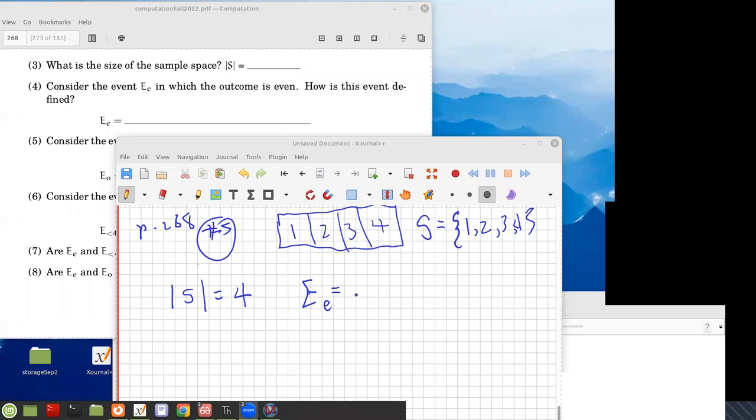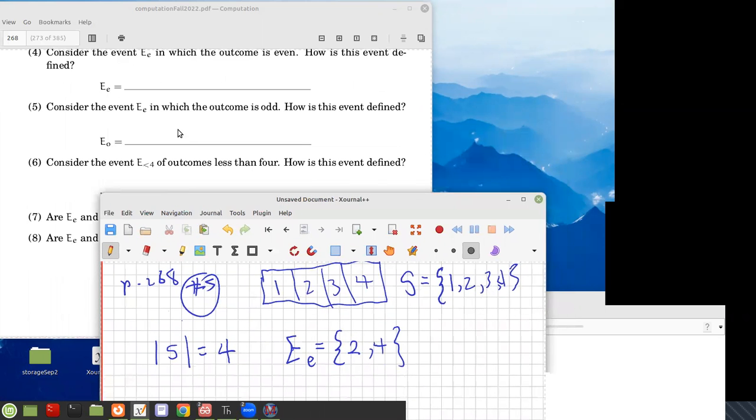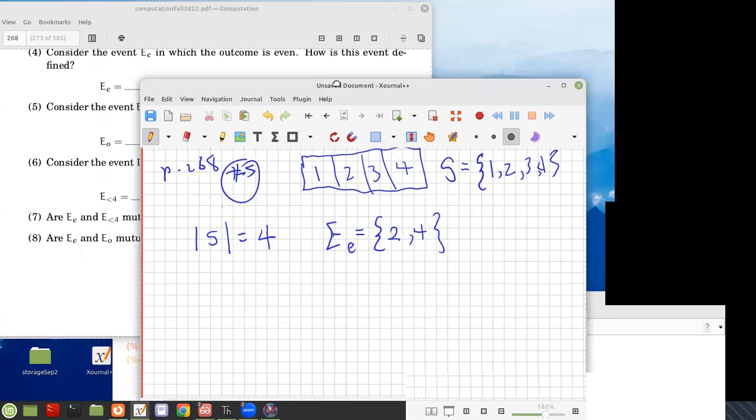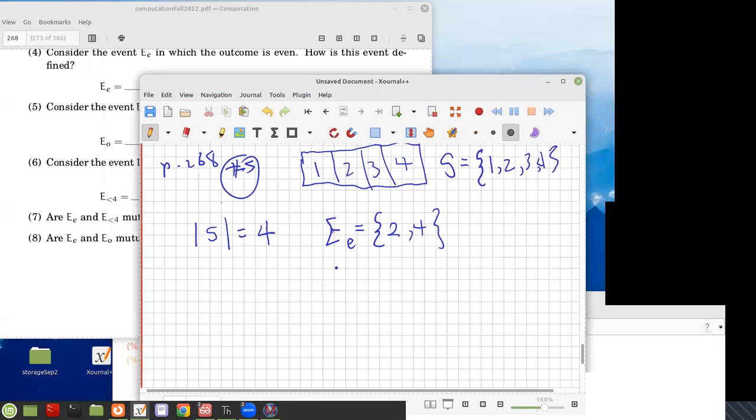So here is the event. It's just the subset of the sample space that includes all the even outcomes. So hopefully that's what you got, and that's how the event is defined. Then you can imagine the odd event now, if this gave you any difficulty,